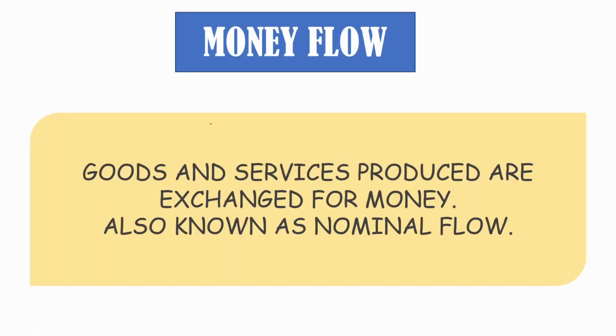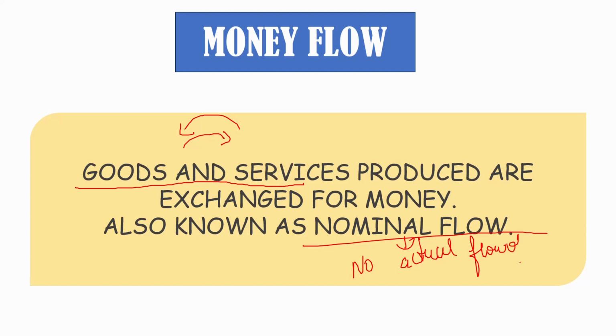The next is money flow. From the name itself, it suggests that there is flow of money. So goods and services are produced and exchanged for money. That means first you will have to give up money, and then goods and services will be delivered to you. This is also known as nominal flow, as there is no actual flow